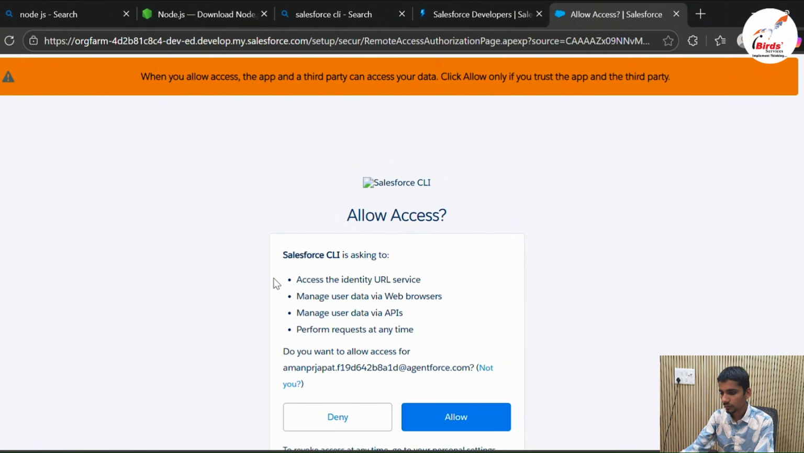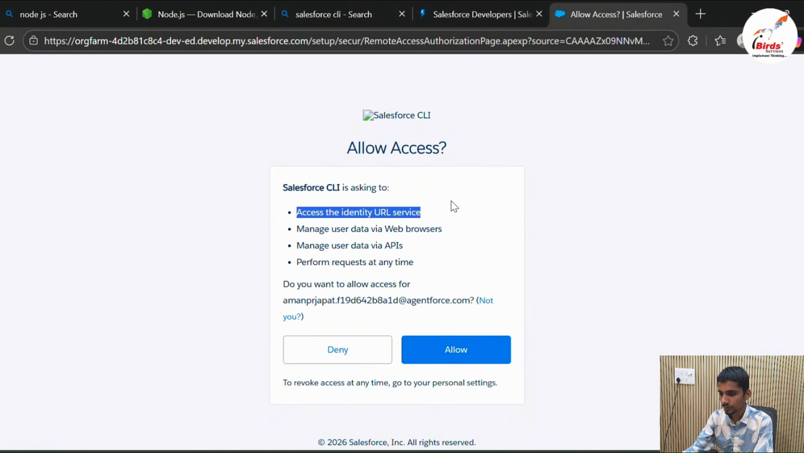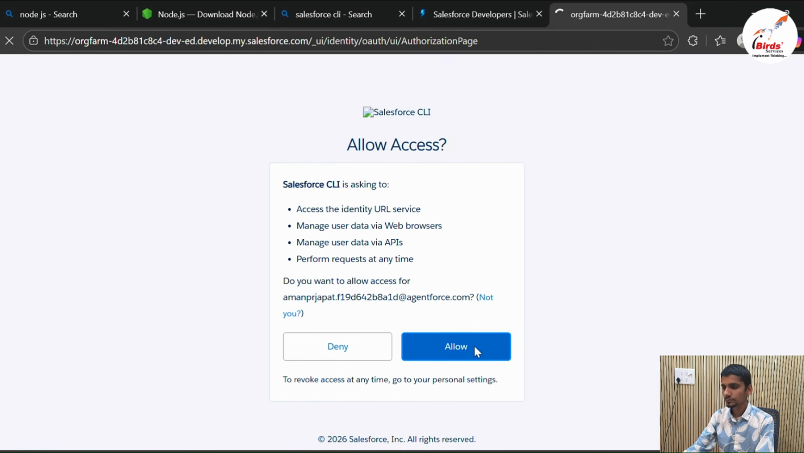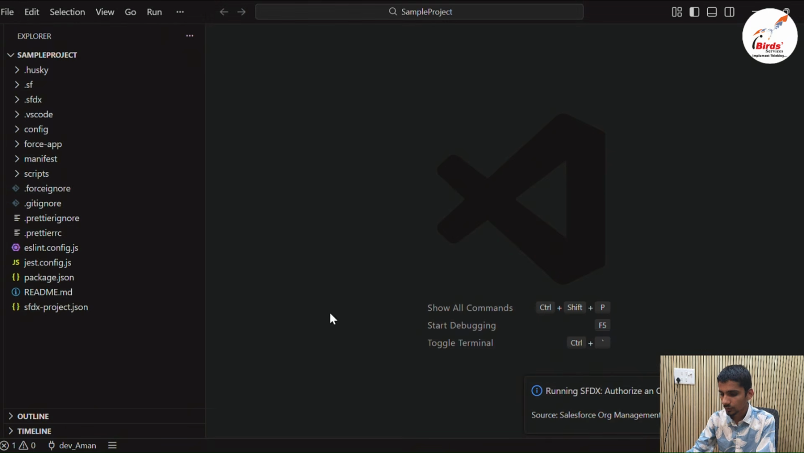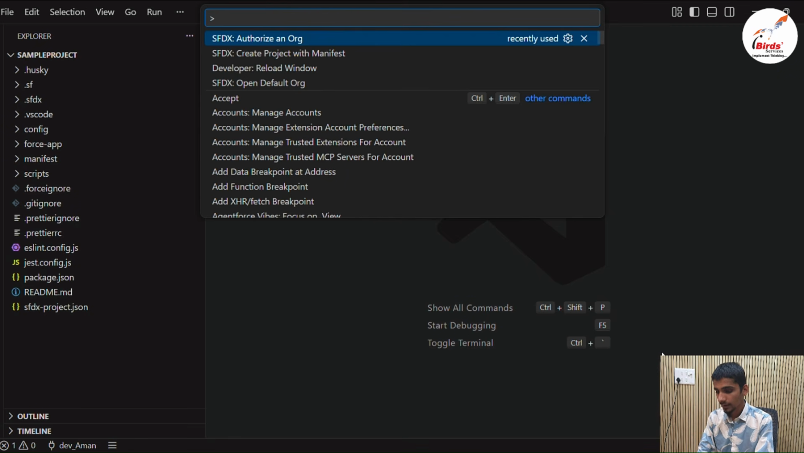Here it will ask to allow access to identify data, API calls, and many more things. After getting allowed, just close this tab and open VS Code. Here we can see our org will be connected successfully. For checking that our org is connected successfully, hit Ctrl Shift P, type